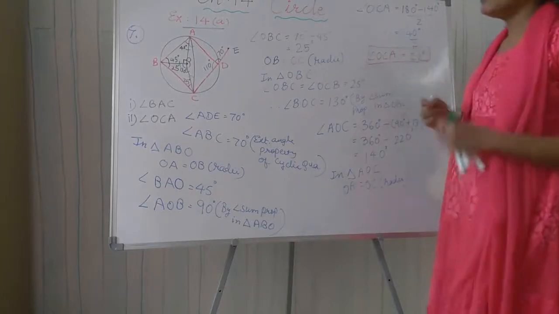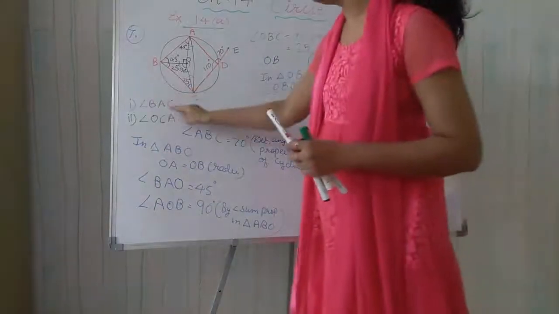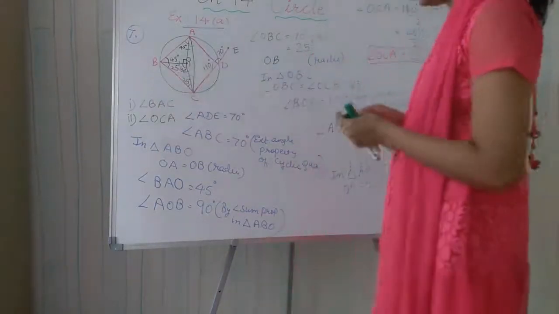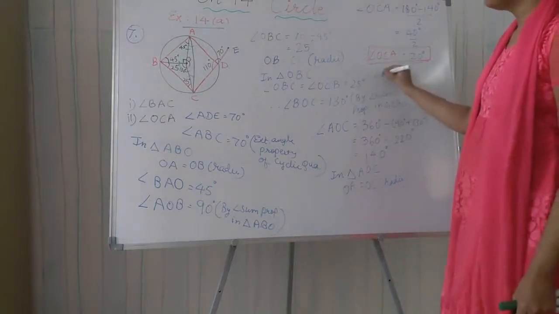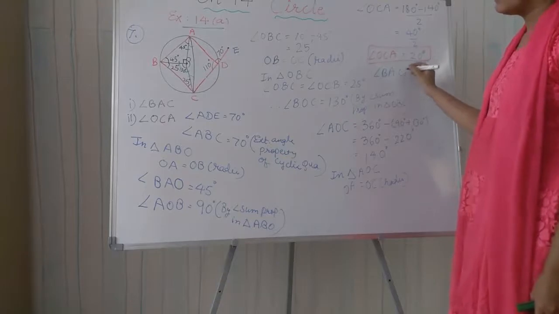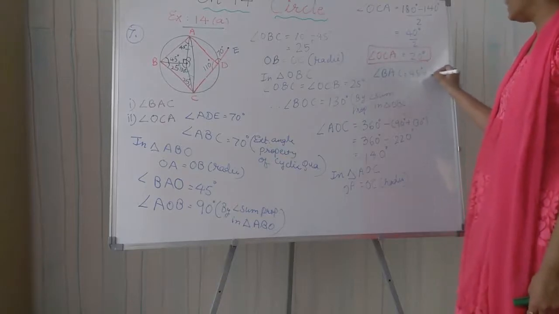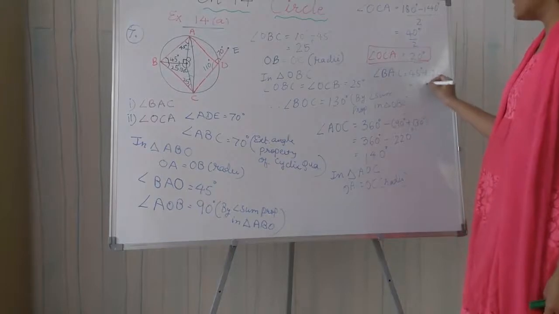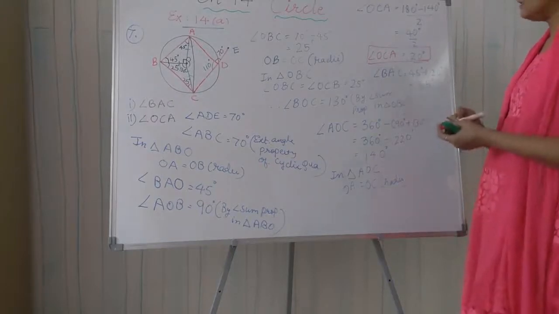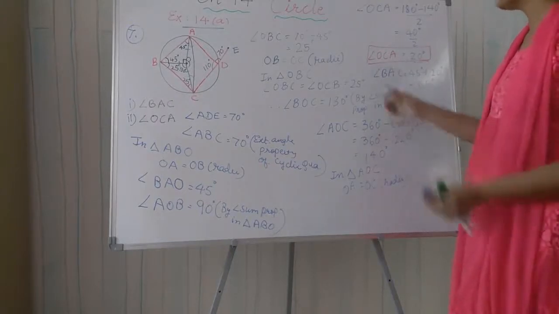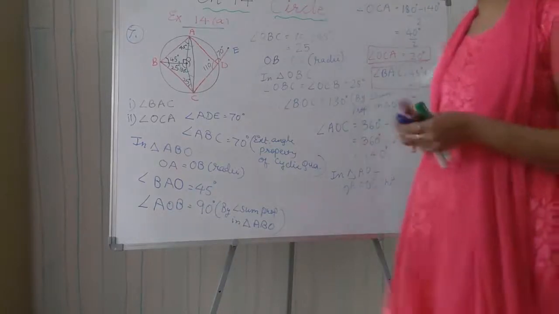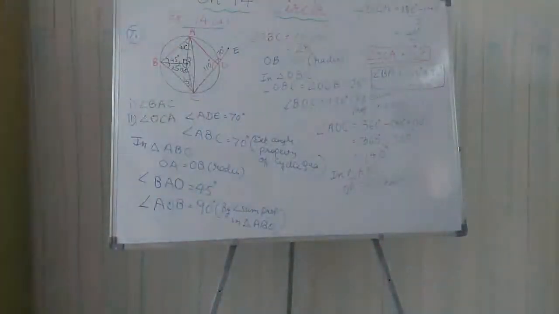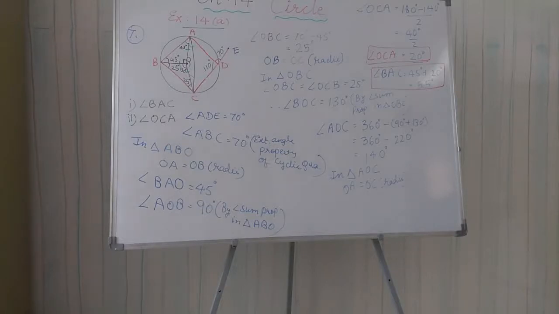Right. And one more answer, BAC. We need to calculate BAC, that is also, now we can write here as angle BAC is equal to 45 plus 20. So it becomes 65 degrees. So this is our second angle which they asked to get here. Angle BAC is 65 degrees. So likewise students, you also can first study the properties or theorems and then use them to solve any question.